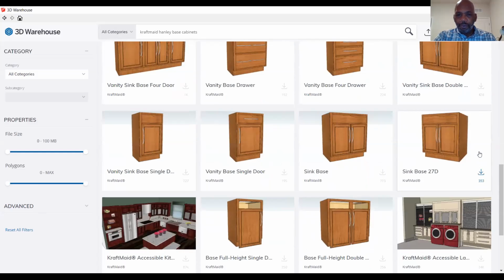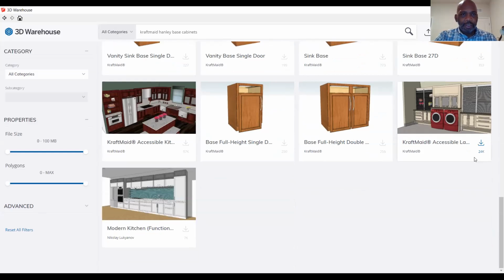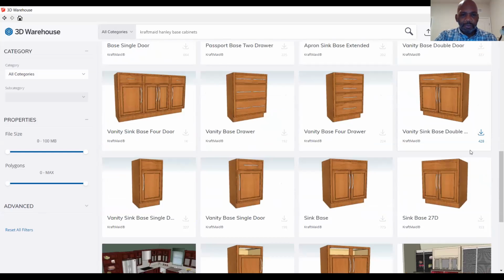Okay, that's what I'm looking for. Don't quite see it yet. It's under the vanities. Okay, yeah, here it is right here. Sink base unit, that's what I need. Okay, so I'm going to download this directly into my